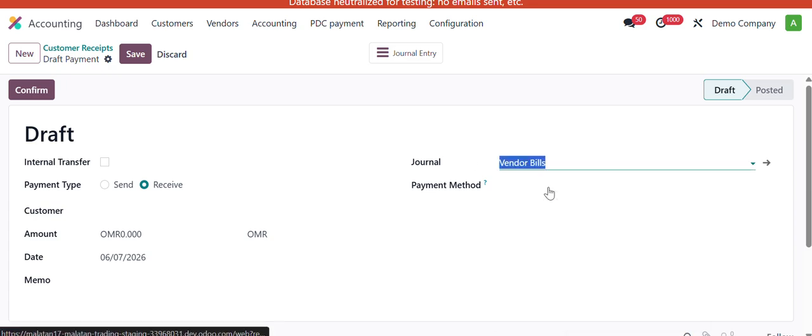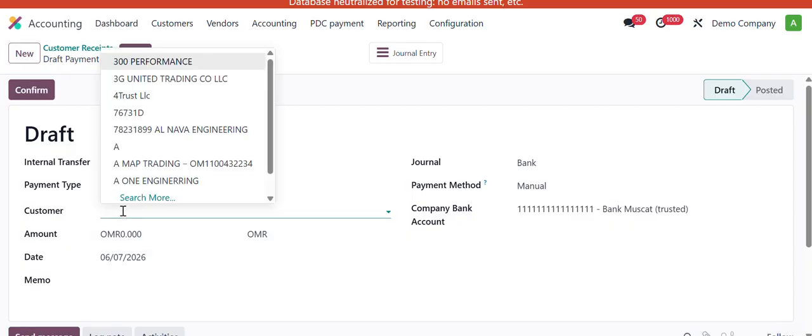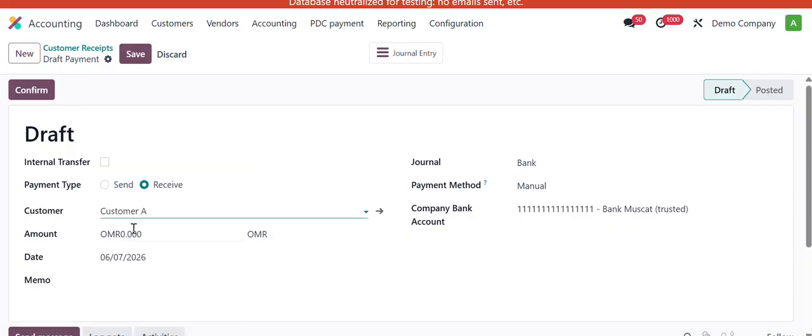For example, I am creating a customer receipt here, selecting customer A, and inputting the amount, for example 5,000, and in the memo I am writing anything. Okay, after confirming,